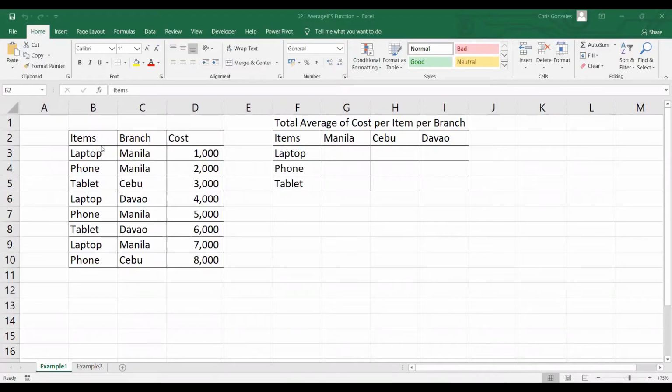In this example, I have three columns, namely items, branch, and cost, and I need to calculate for the average cost per item per branch. In order to do that, let me use AVERAGEIFS. But before we do the equation for the AVERAGEIFS, let's add a name manager for each column to simplify the